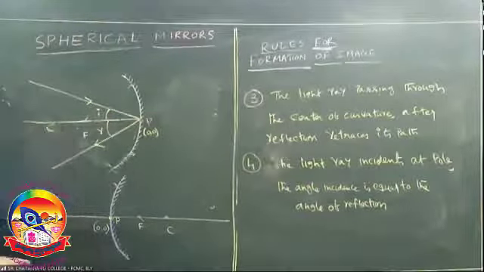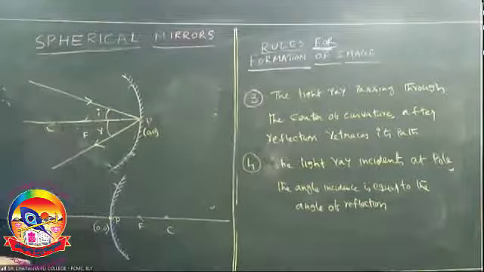We shall have a small doubt. Sir, shall we use all the four rules to form the image, four light rays? The ray diagram will become clumsy. Any two rules is enough. Any two: first one, second one; first one, third one; first one, fourth one, any two. After reflection, these two light rays are going to meet at a point, and at that point, the image will be formed.